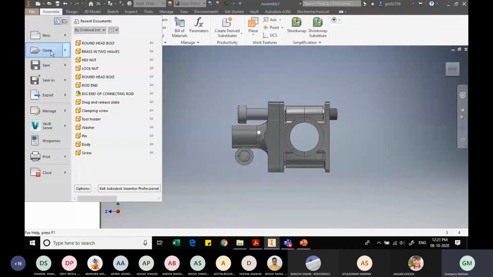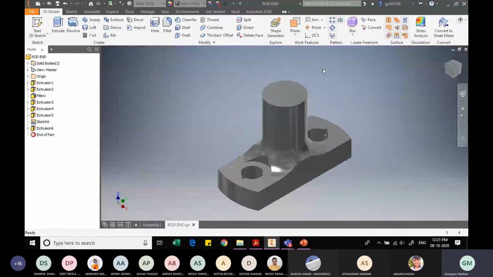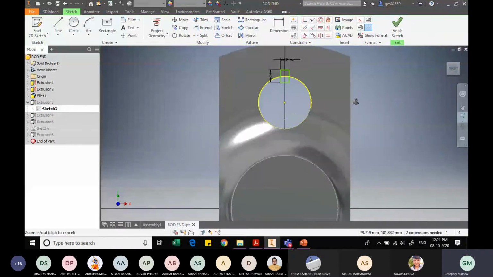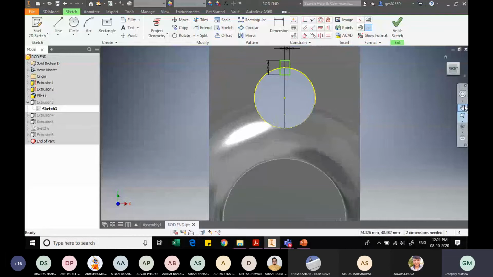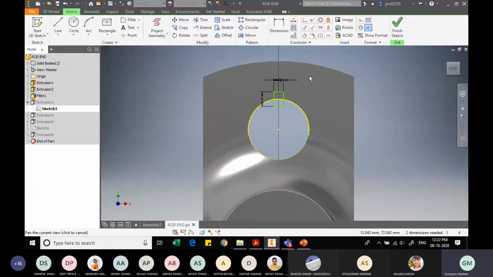File, open. Let me check out the sizes. So is this size proper? Yes, sir, it's 4/6 by 4/6. Wait, let me just go back.